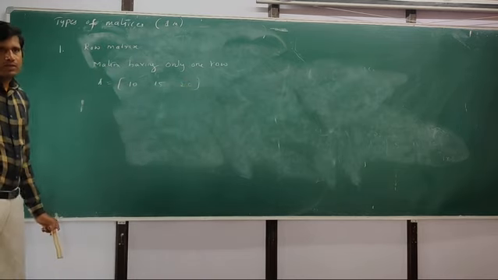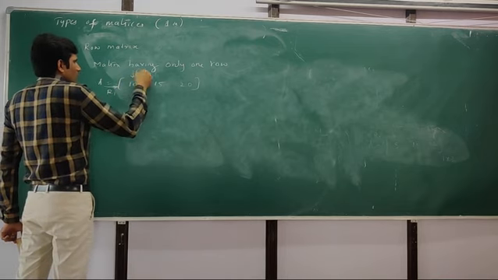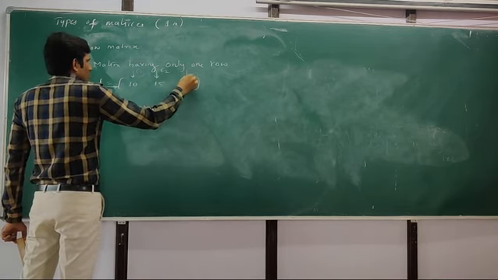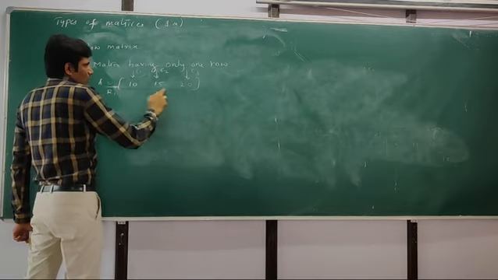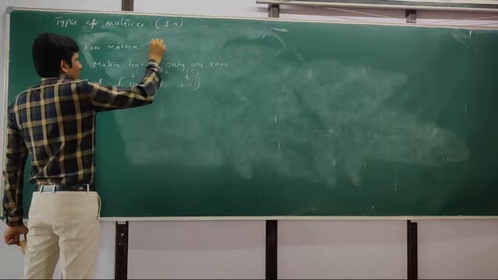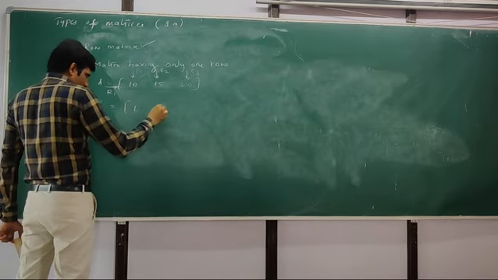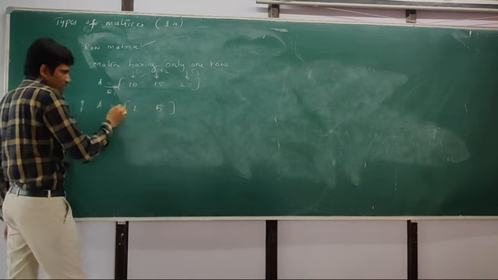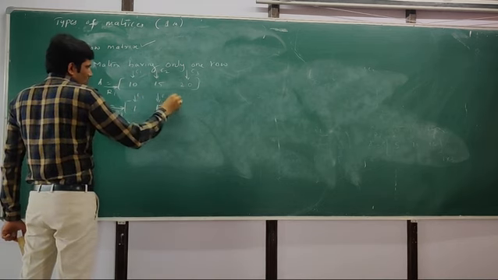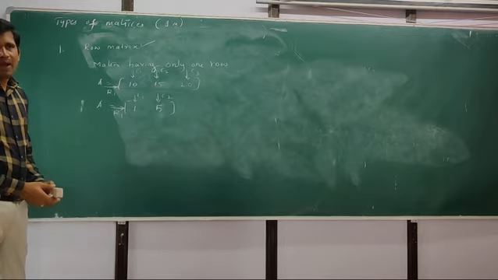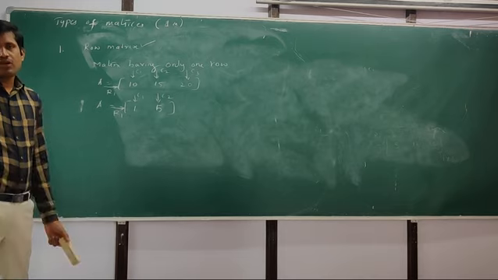Now we can see that there is only one row. Columns can be anything. There may be 2 columns, there may be 3 columns, there may be n number of columns. Since there is only one row, such matrices we call row matrix. Now see, A is equal to 1, 5. This is also a row matrix, which is having only one row and 2 columns. If a matrix is having only one row, such a matrix we call a row matrix.